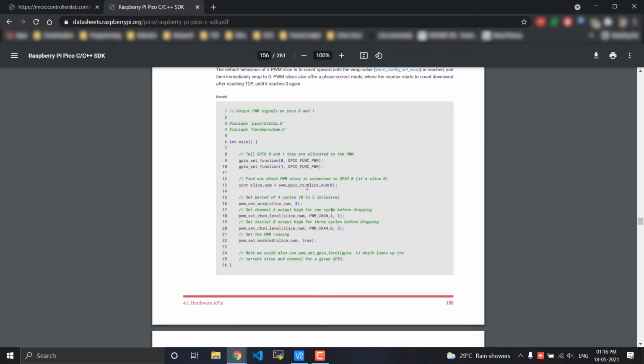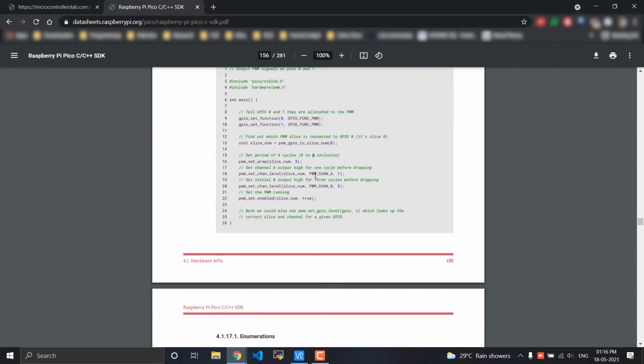So we have to find the slice, PWM slice, that is connected to channel 0, to GPIO 0, and then we have to set a period after which, after those many cycles, the PWM channel will be reset. So we set the period to 4 over here. So it will go from 0 till 3.